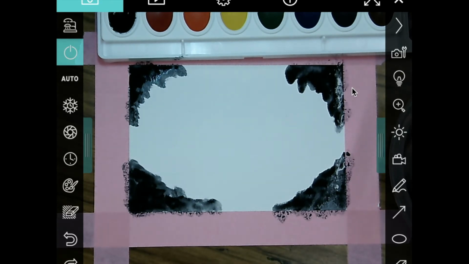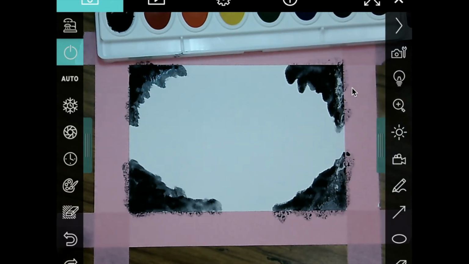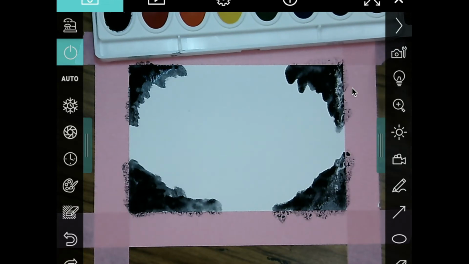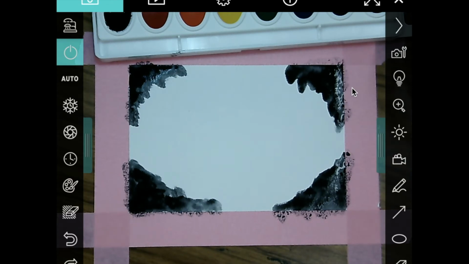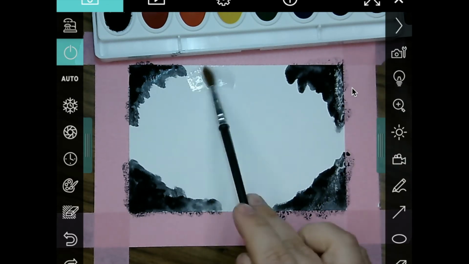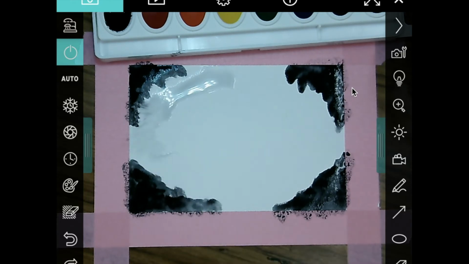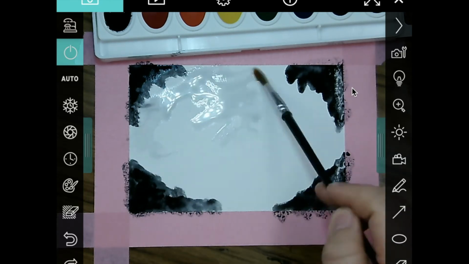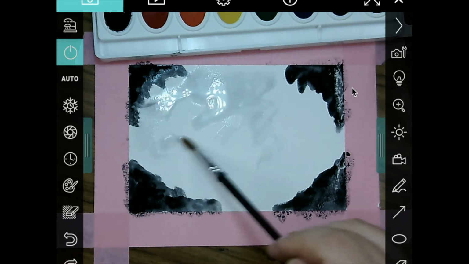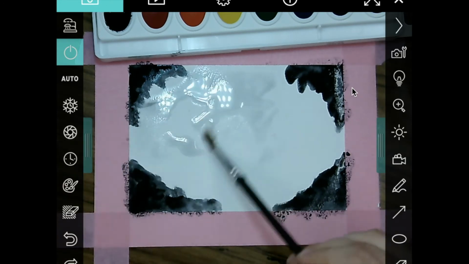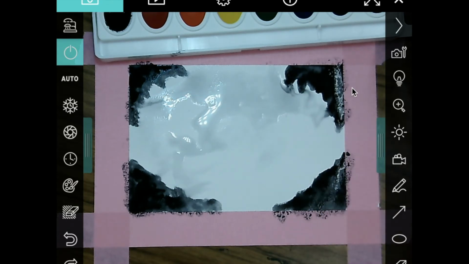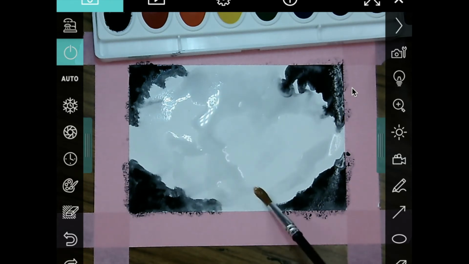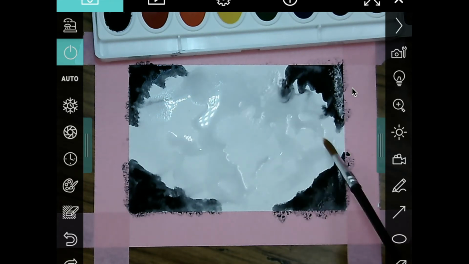Now we want to create a wash on the rest of our painting. So we're going to rinse our brush clean of the black, and you're going to fill your brush up with just plain water, and you're going to go right around your entire work. Leave some gaps open without water. This process is called wet on wet. So you're going to start with a wet piece of paper, a wet canvas, and then add in more